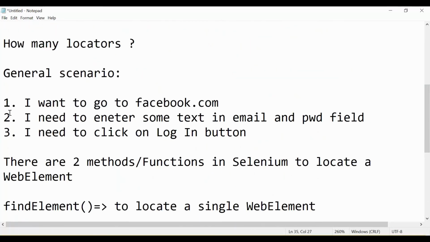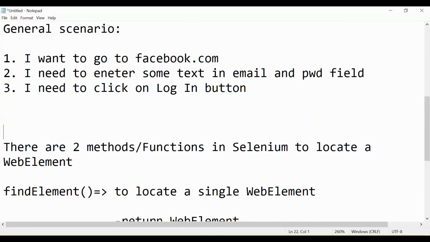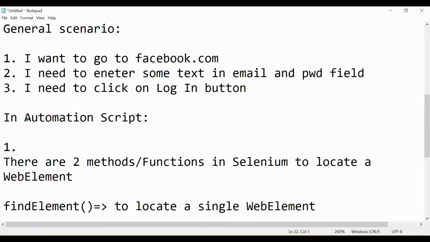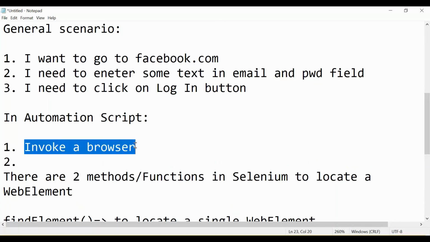So manually we need to perform these things, and in automation we will see where exactly our locators come into the picture. In the automation script, first you need to invoke a browser, right? You know how to invoke a browser; there is another video in my playlist on that.